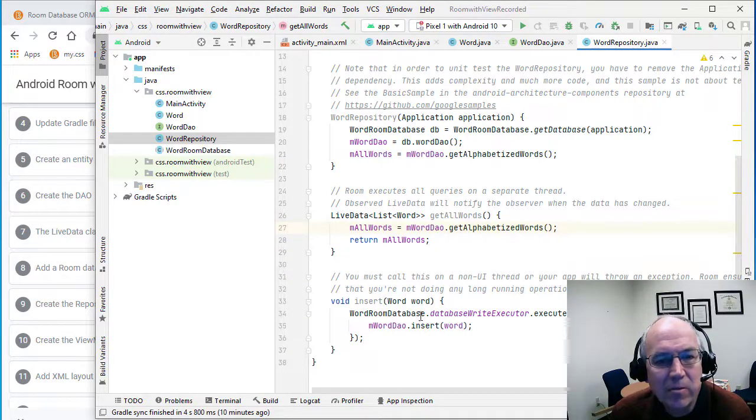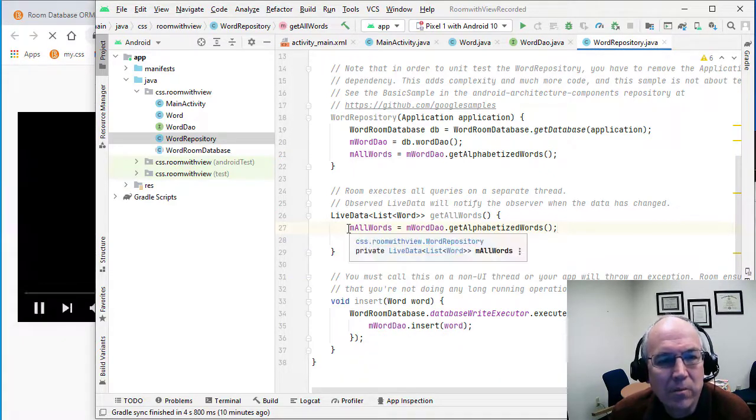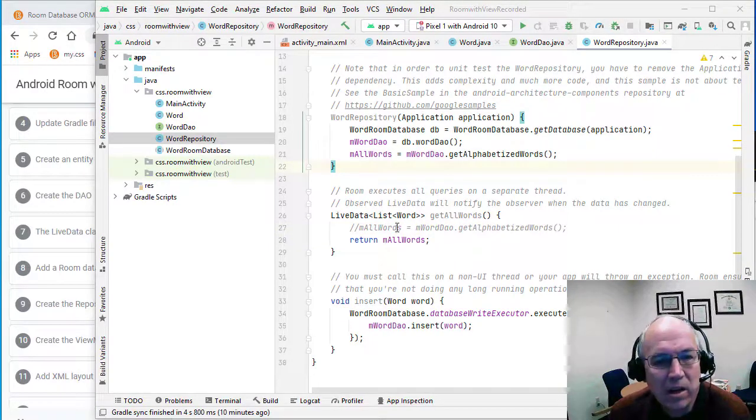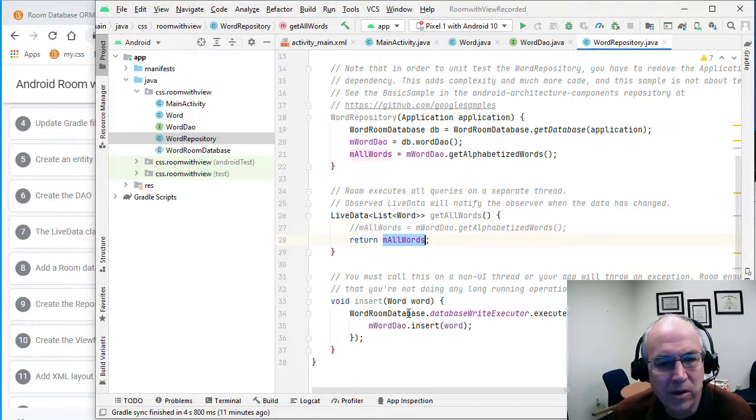But I think we might be okay because here later on we insert words to the database. So we're going to insert words to our database and set that up. But we'll limit that for now. And because they're not doing it, I think this might have something to do with the live data. I'm not that familiar with how live data works. I'm wondering if, since we're updating this live data along the way, if this will automatically get updated. But in my mind, we need to update this manually here before we return it